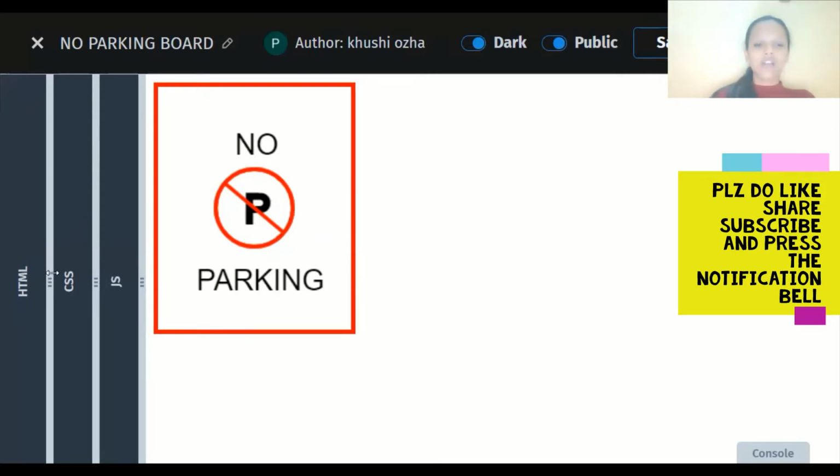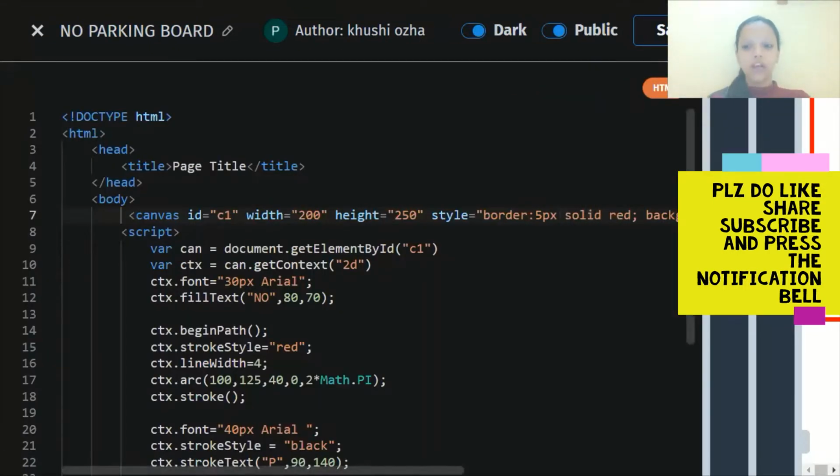So let us get started. We're going to be using HTML and CSS while creating this whole no parking board symbol. So first off, we have the title. The title is displayed instead of the new tab on your browser. So here we have page title. Simply, you can just have anything right here. Let's say